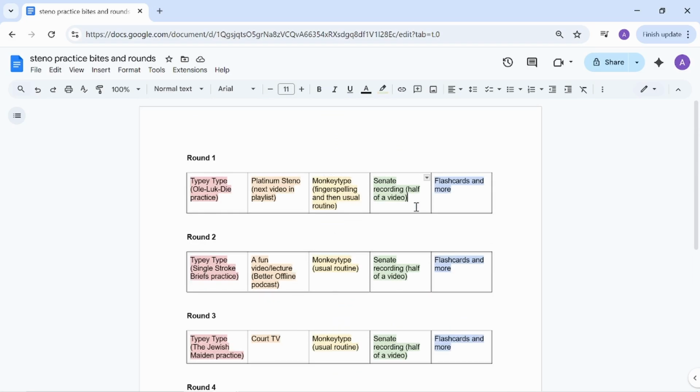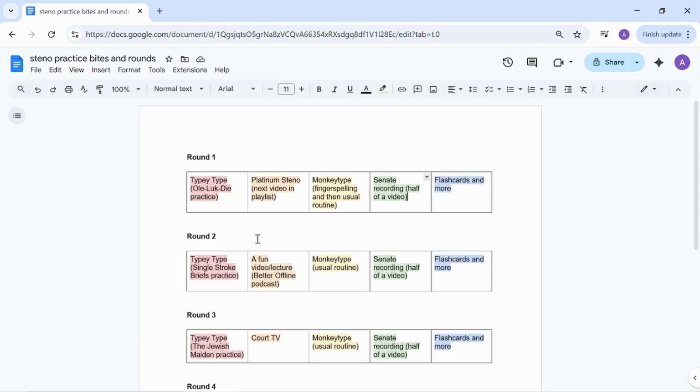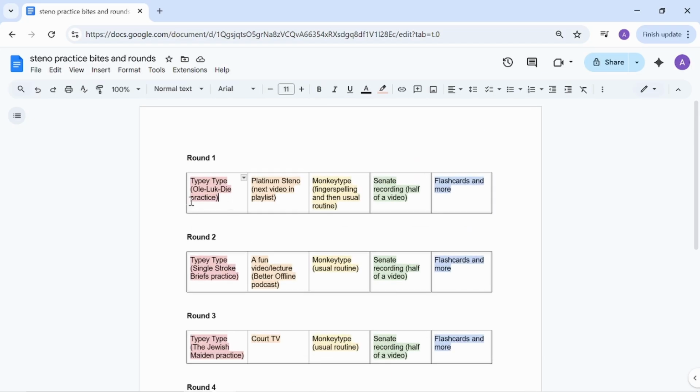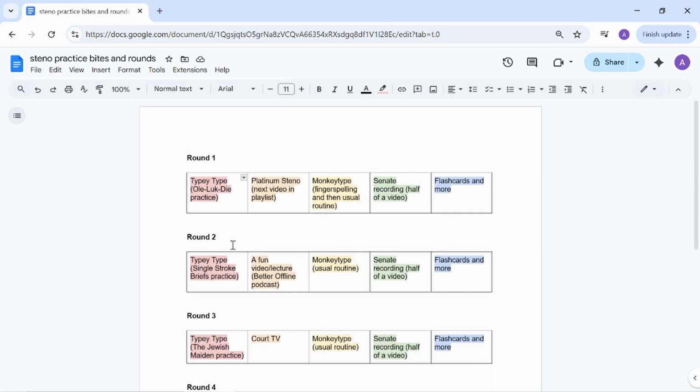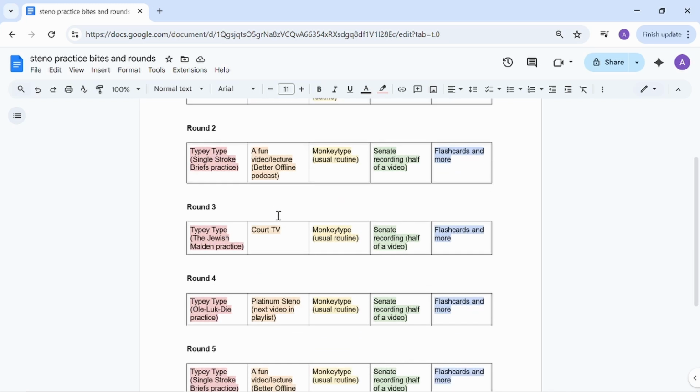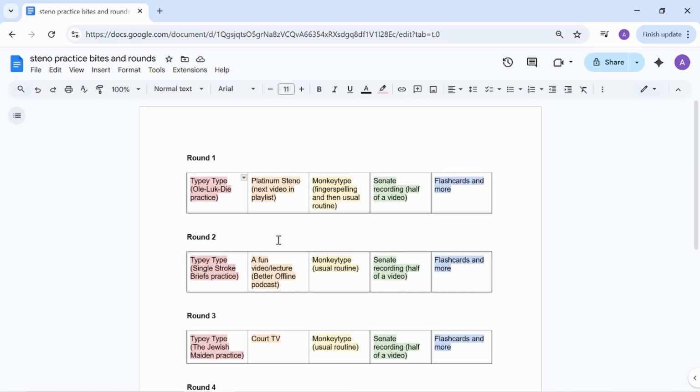going by, I want to 100% everything. I guess that's mostly applicable for Typey Type. I want to 100% Typey Type, all of Typey Type. So there's no questions as to what's coming next. So there's no decision paralysis. And I think it really helps with that kind of executive dysfunction if you don't have to think about what you're going to do next.